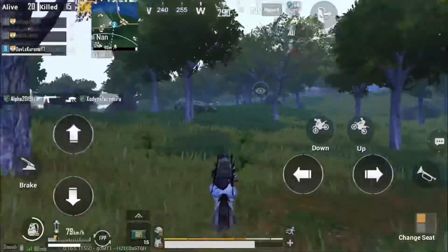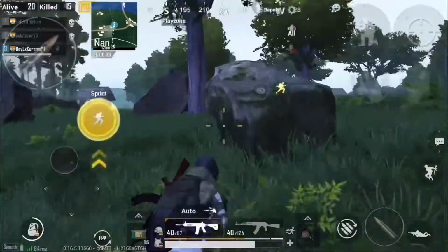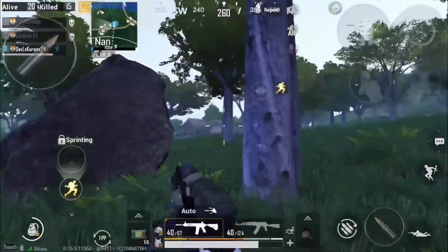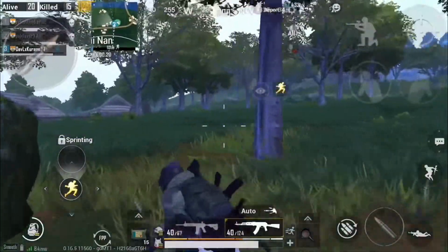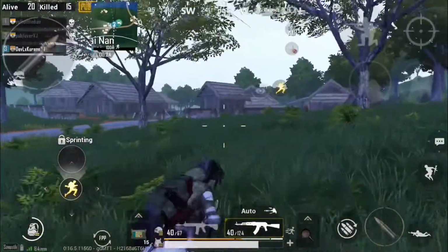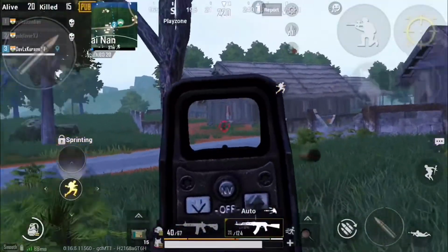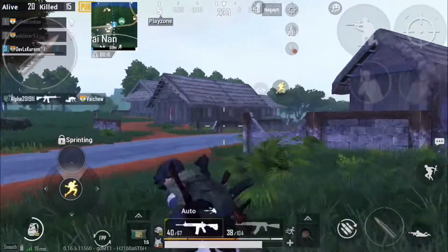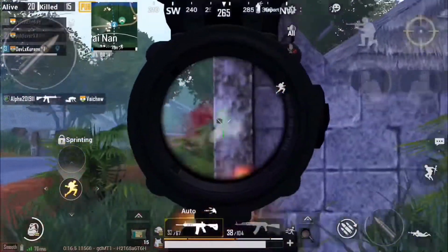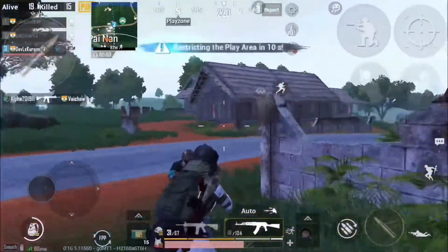So once I'm done clearing out bootcamp and Paradise area, I head towards Painan because that's also a hot drop, and you're bound to find enemies over here. So at this point I see an enemy running about over here in the open. He's wide open, so I try to kill him, but unfortunately I don't get the knockout. I see his friend running towards me, and I don't know what happened over here, but